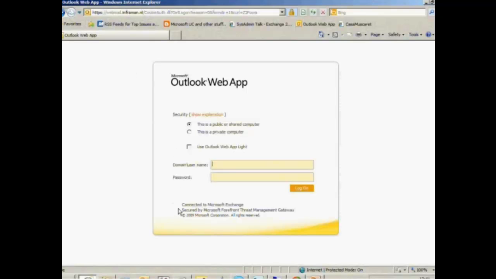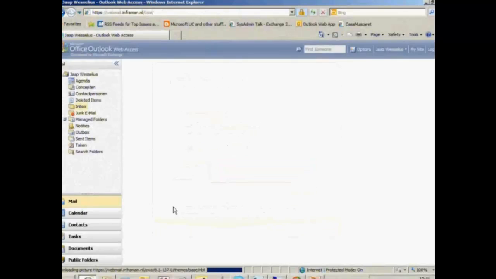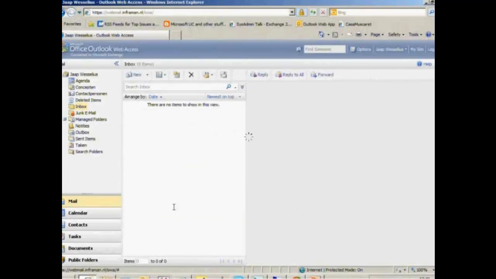You can see it here, connected to Microsoft Exchange, secured by Microsoft Forefront Threat Management Gateway. I enter my credentials, and there we are on my Exchange Server 2007. This is my actual mailbox.